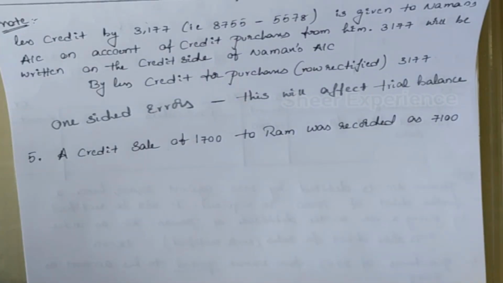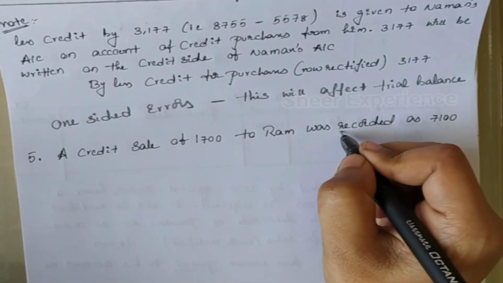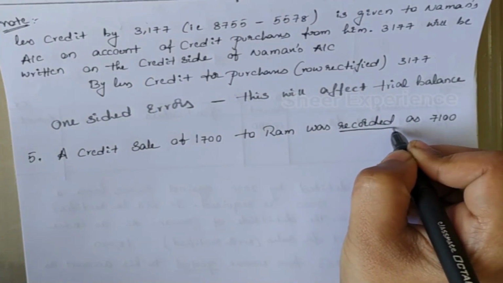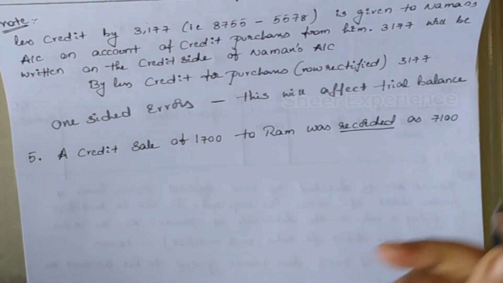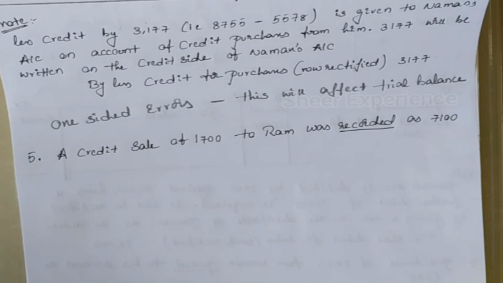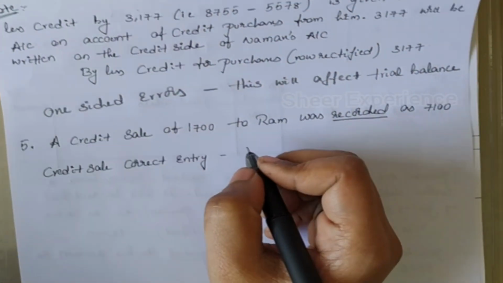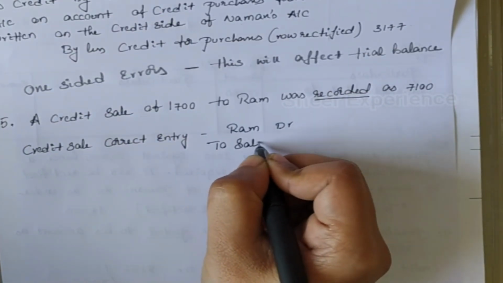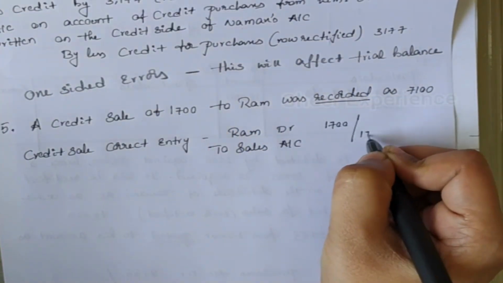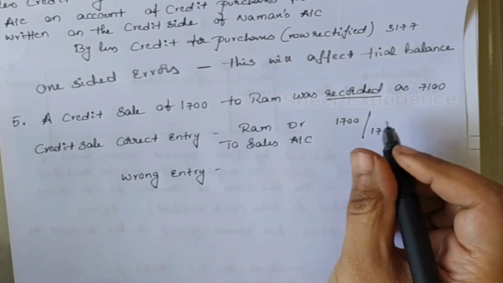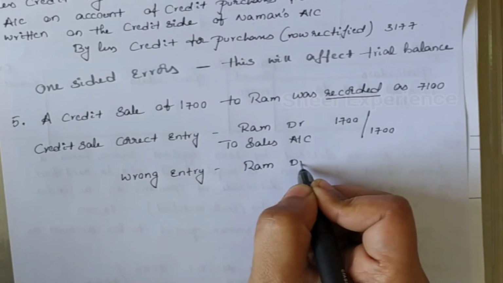Next error is a credit sale of 1,700 to Ram was recorded as 7,100. Here it says recorded, not posted. Posted means they are talking about ledger. Recorded means they are talking about journal. Correct entry is Ram debtor to sales account. Amount is 1,700. By mistake, we have recorded as Ram debtor to sales account